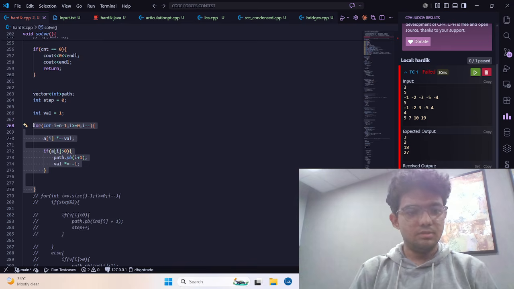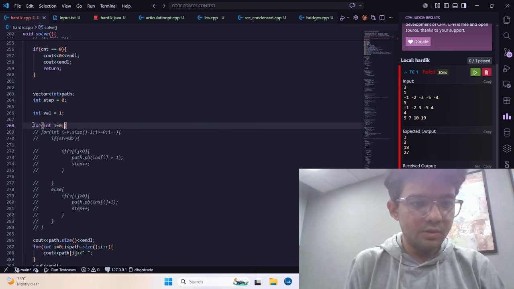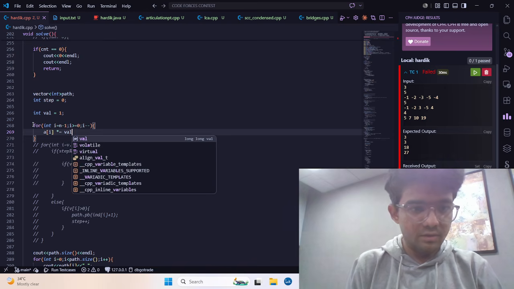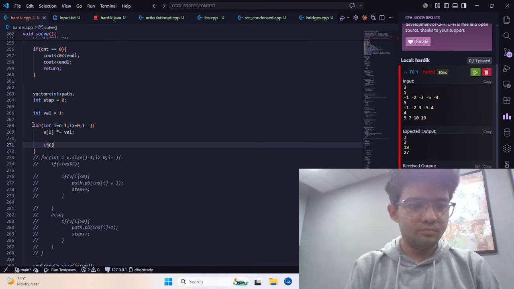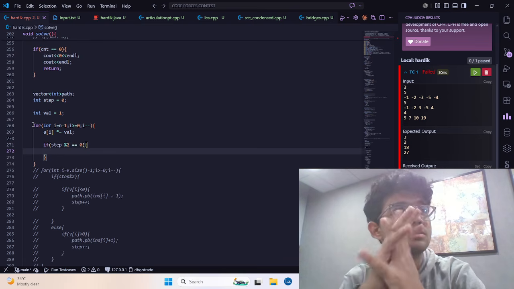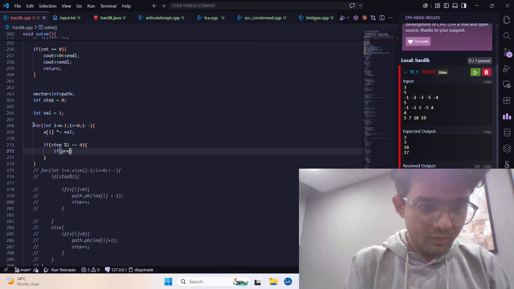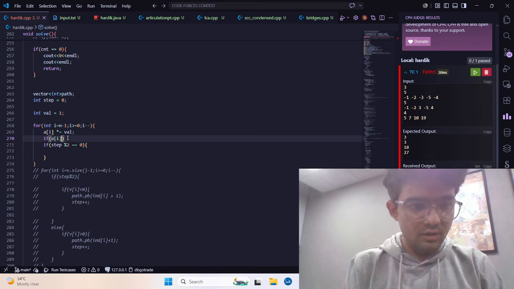Val is this, step is this. Well, i is equal to n minus 1. Okay. Now, a of i multiply is equal to val, right? If step mod 2 equal to 0, which means it is the initial configuration, the same one. Meaning if pre2, if a of i is greater than